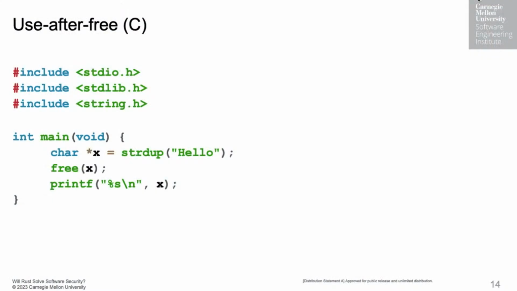Here's another example. This time, this is a C program with undefined behavior. It takes a string and puts a copy somewhere in the heap, then immediately frees what it made, but goes on to use it anyway. So use after free, again undefined behavior, a common source of security vulnerabilities. In this case, this program will probably happen to work most of the time until you change something else. It could also print garbage. It could also segfault. My rule of thumb for thinking of undefined behavior is it works until it needs to.